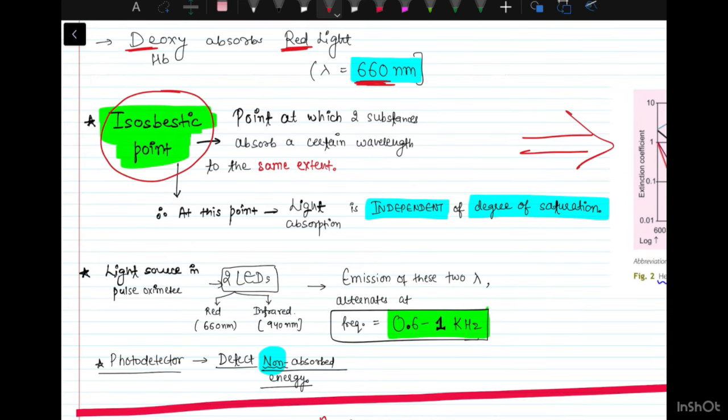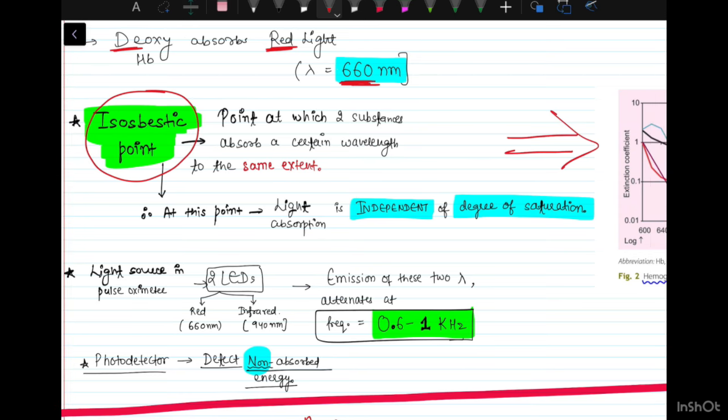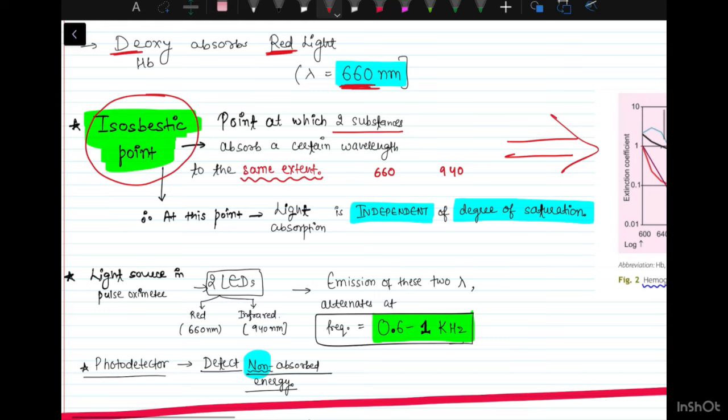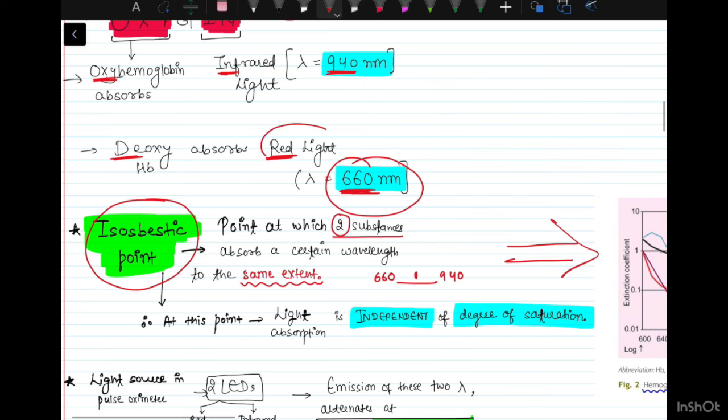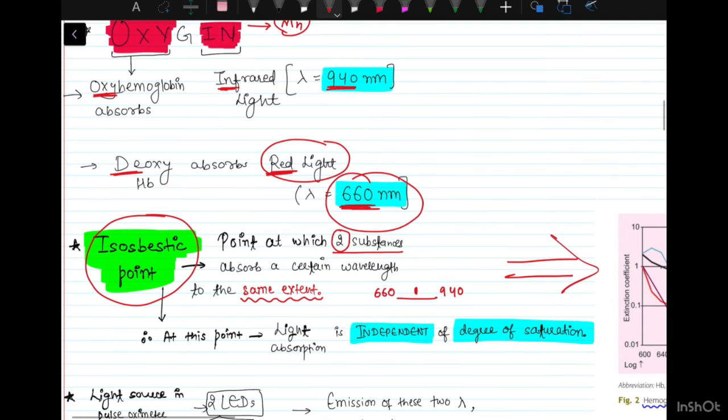The other component of the spectrometry is the isosbestic point. What is that point? It is a point at which two substances absorb a certain wavelength to the same extent. That means there is a certain wavelength in between the 660 and 940. There's some wavelength in between which is absorbed by two substances equally,